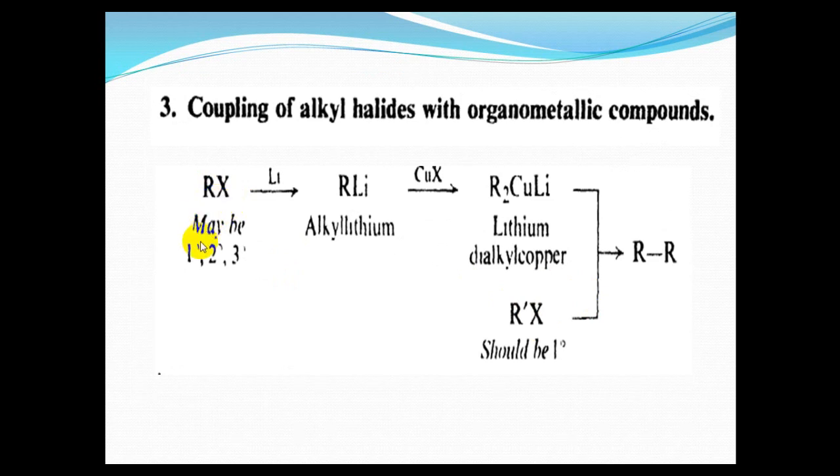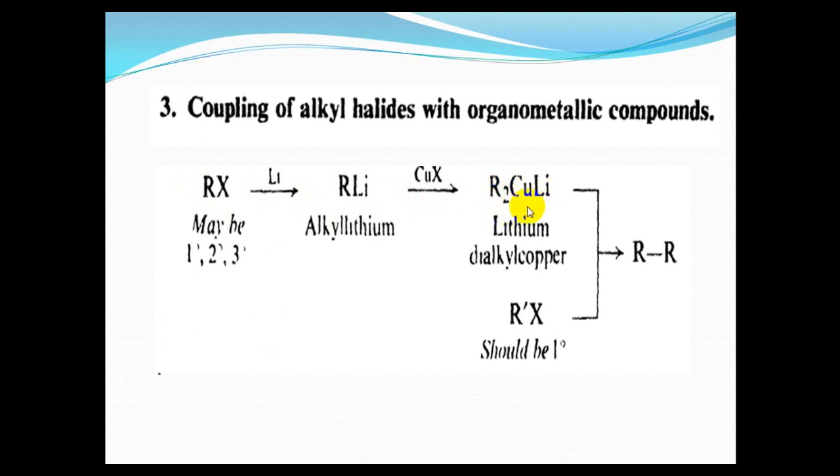Alkyl halide may be primary or secondary or tertiary, and this depends on the carbon atom, which type, primary or secondary or tertiary, carrying the linkage with X. It will react with lithium to give alkyl lithium, then with CuX in order to